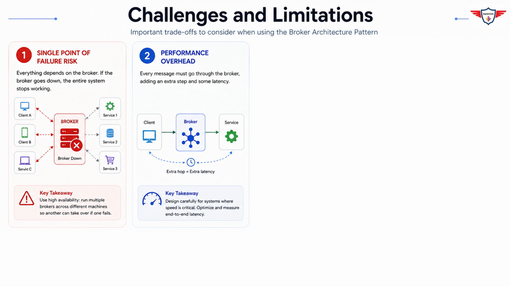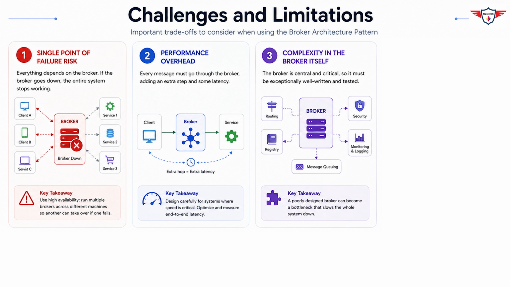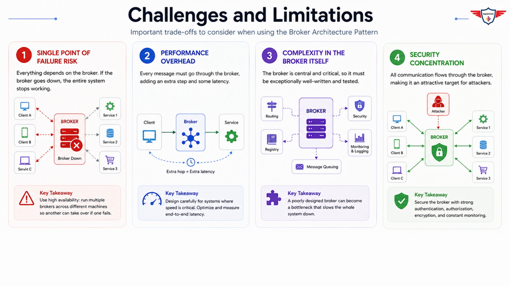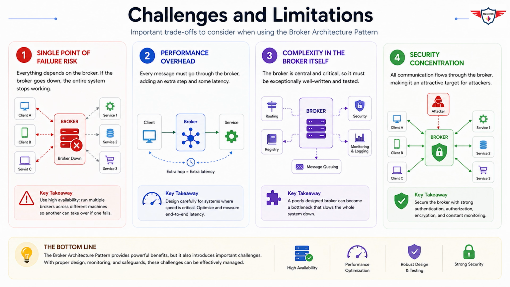This is why production systems spend considerable effort making the broker highly available, often running multiple copies of it across different machines so that if one fails, another takes over. The second challenge is performance. Adding a broker in the middle of every communication does introduce some overhead. Every message has to travel an extra step. For systems where speed is absolutely critical and the difference of a few milliseconds matters greatly, this added step requires